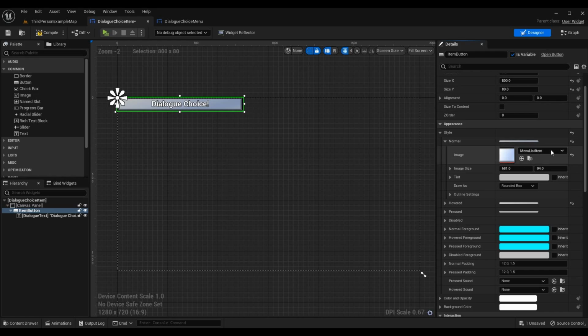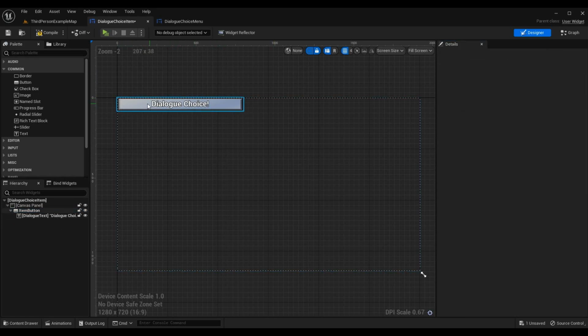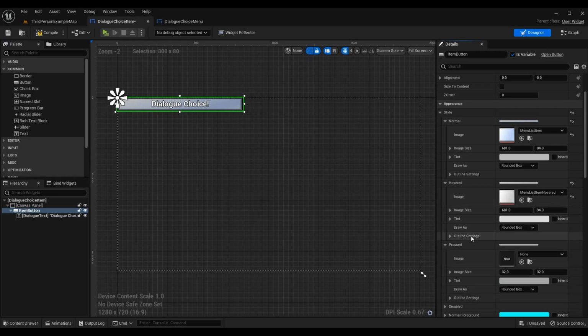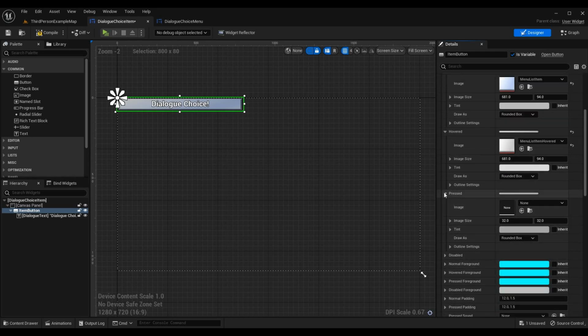So I made this image menu list item. So this is what it looks like when you're not hovering over it. And hovered is menu list item hovered. So this is what it looks like when you are hovering over it. It's this lighter color. Pressed I haven't done anything with yet, but we will go over that later in the